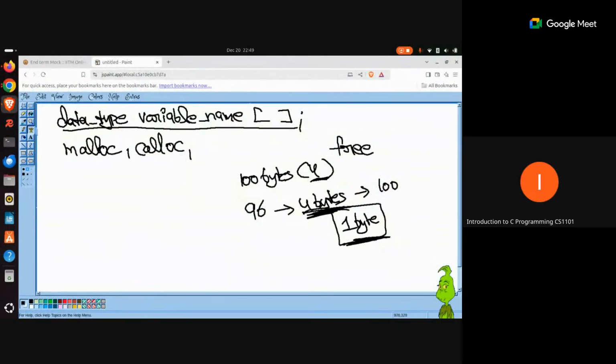But if you do not release that extra memory that you have requested at runtime, then it will become a problem and your program will eventually crash. Because if the memory that you're requesting is needed for a vital operation and that vital operation would not be performed, your program will ultimately crash. So that is why it is the programmer's responsibility to release the chunk of memory that he or she has requested dynamically. Are you able to understand the overall picture of dynamic memory allocation?